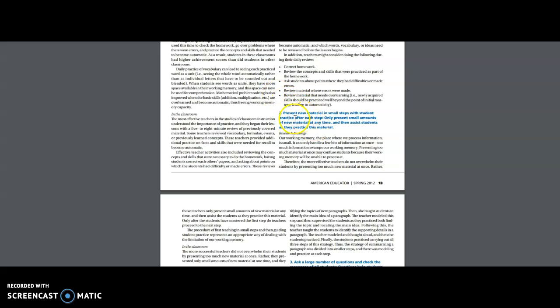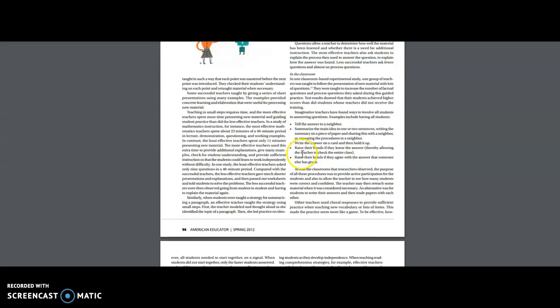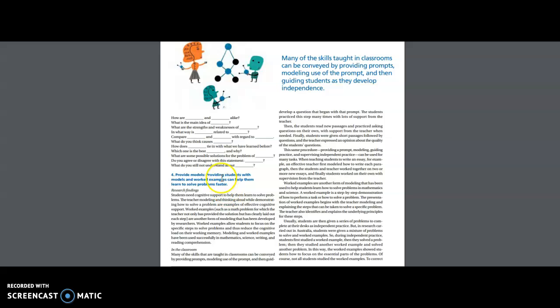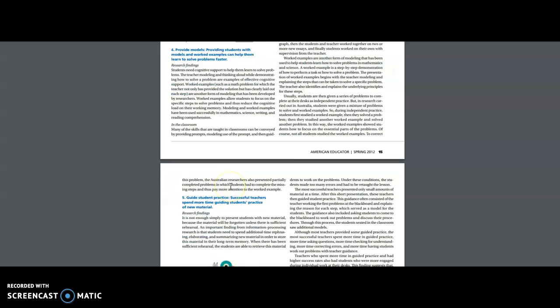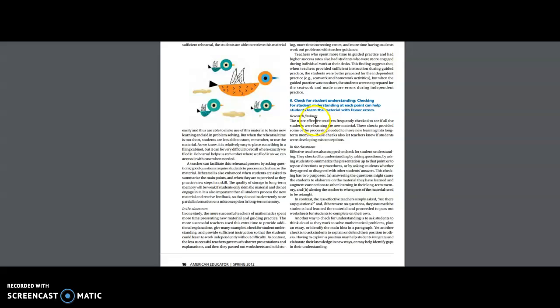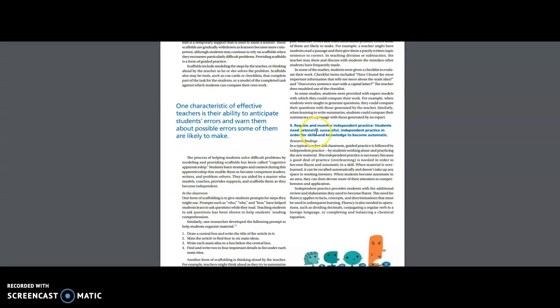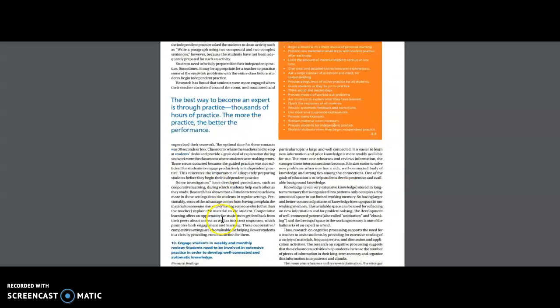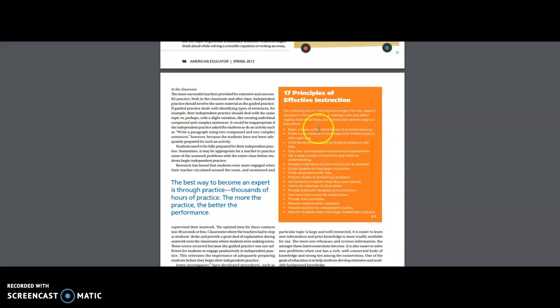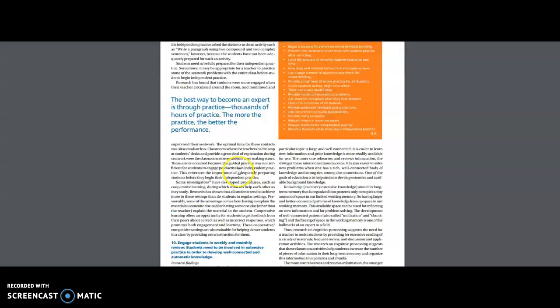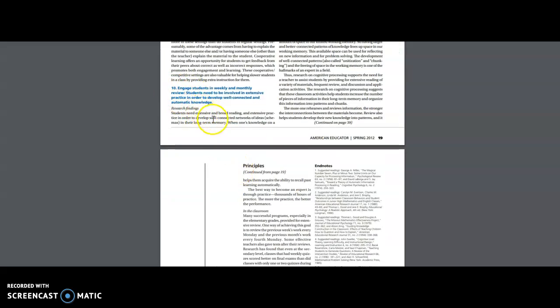Okay, number two, number three, number four. The numbers in blue are going to tell you those are your principles. Okay, so 5, 6, 7, 8, 9, and 10. So that's what I'm talking about. I know here it says 17 principles of effective instruction. This overlaps with and has more detail than the 10 that I want you to focus on. So the 10 that they use, up to number 10 in the blue, that's what I'm talking about.